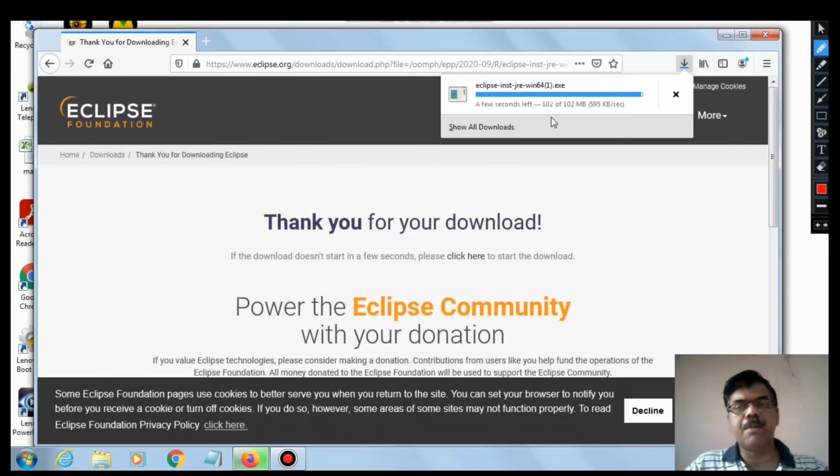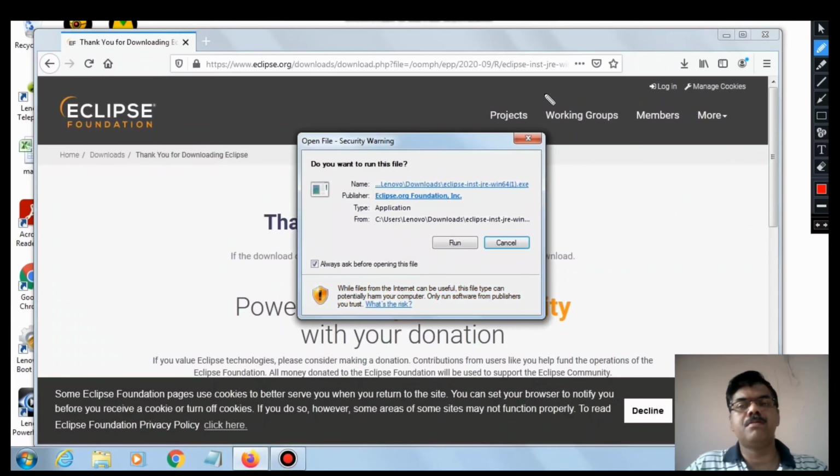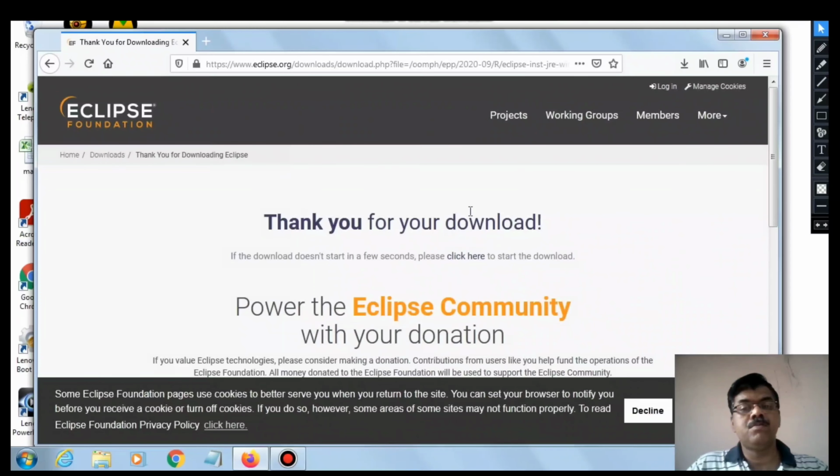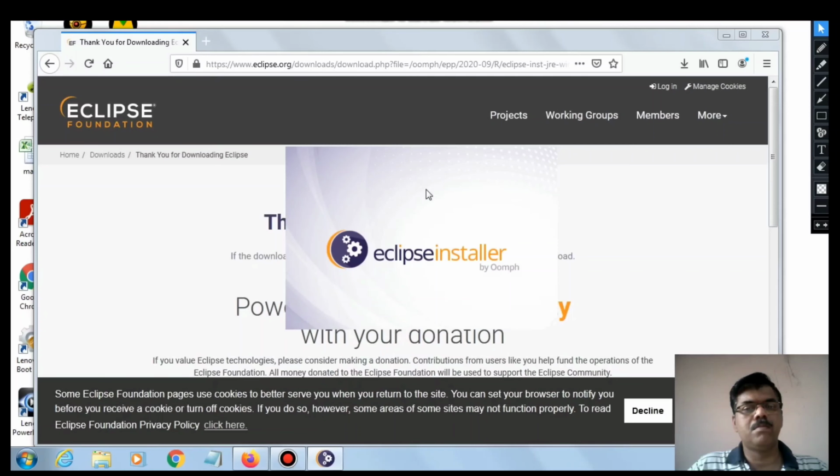Once the download is completed, run this application. Just click over here, which is going to run the application. Run this file, which opens the Eclipse installer.